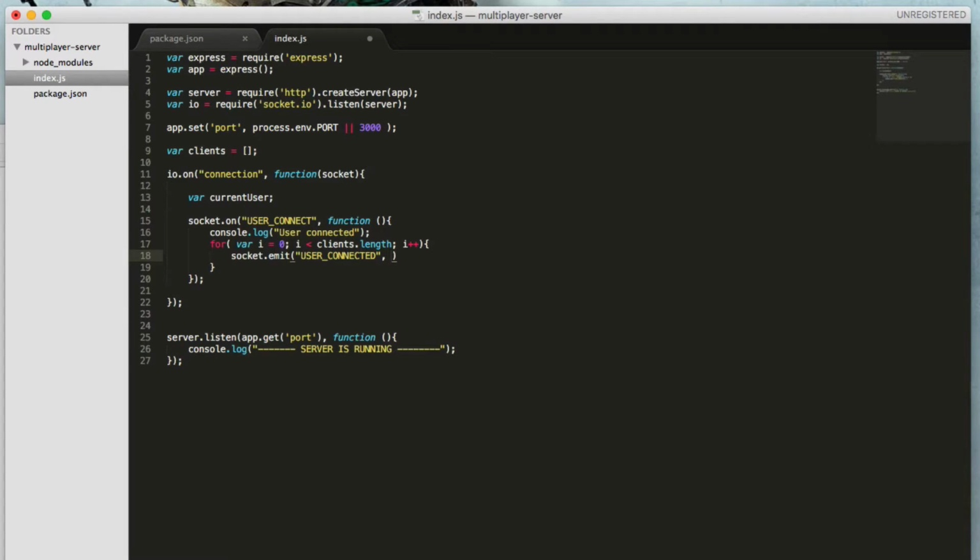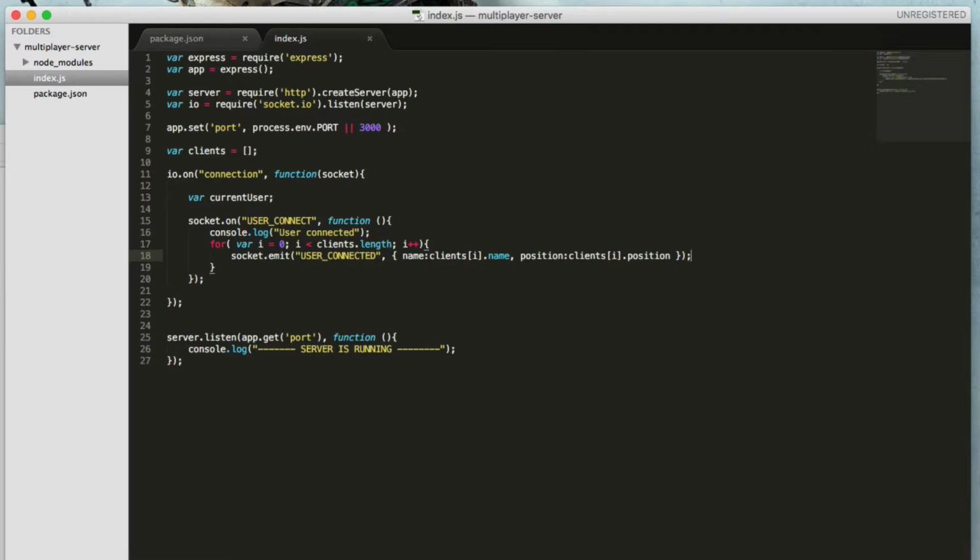Inside the parameter, when the server sends a message back to each client, we send what object to send back, just like a name or ID or position or everything the user needs, right? I will send back the name of this user. Okay, client number I dot name, right? And position of client number I dot position. Okay,